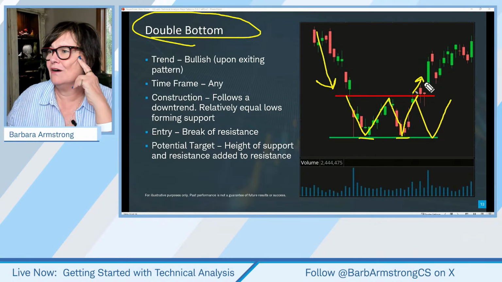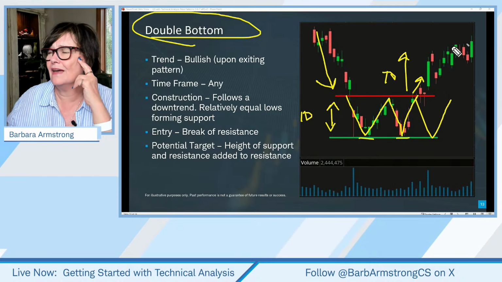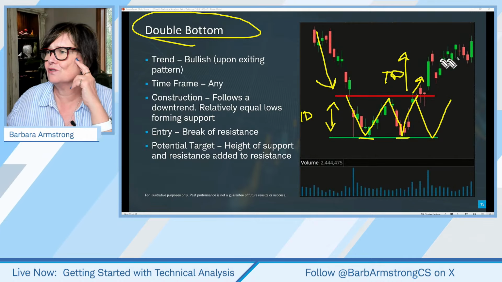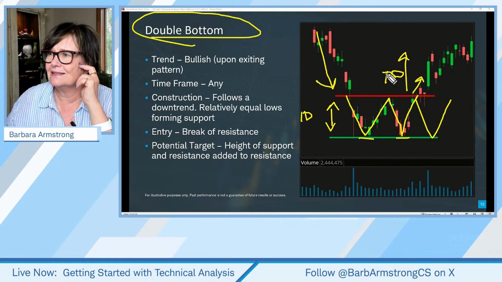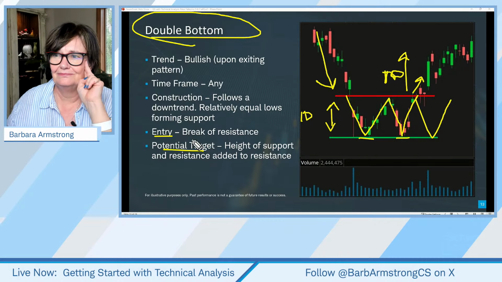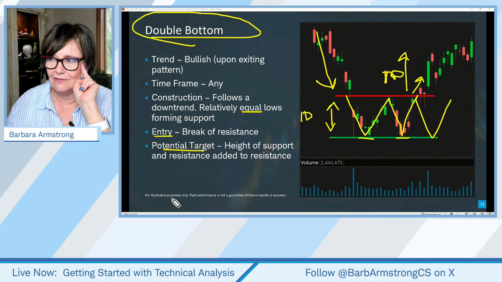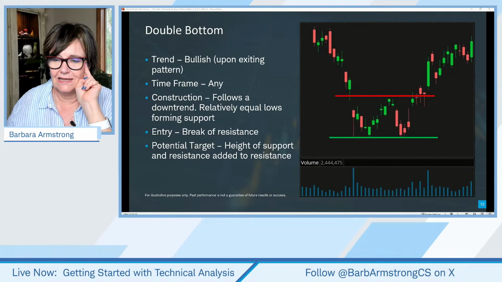Yeah, and then when it broke out, what would our target be? Is this range to the upside. Now, it looks like it ended up moving up more than that $10. But if you put in a $10 target and got out, are you going to beat yourself up? No, you hit your target. It was a successful trade. So, peace, love, move on to the next one. Okay. And again, here we're looking for that equal lows forming a support level. Okay. Oh, let me just erase the Etch-a-Sketch.